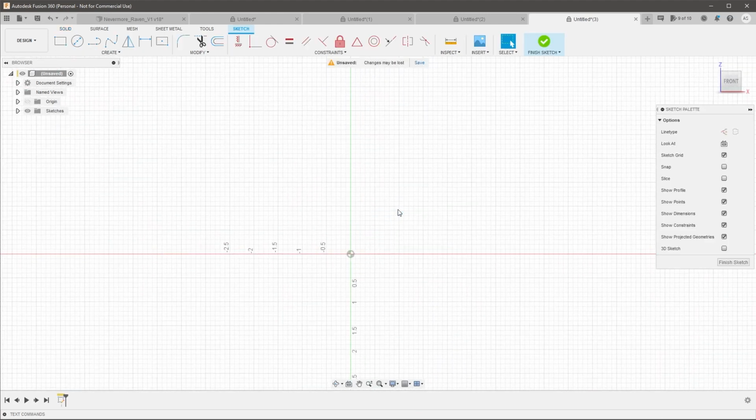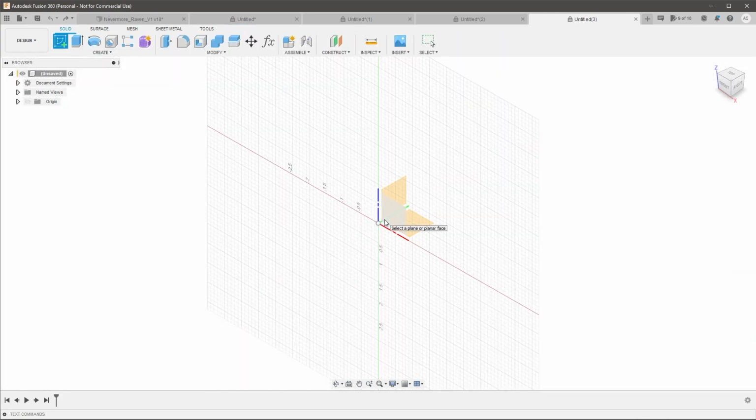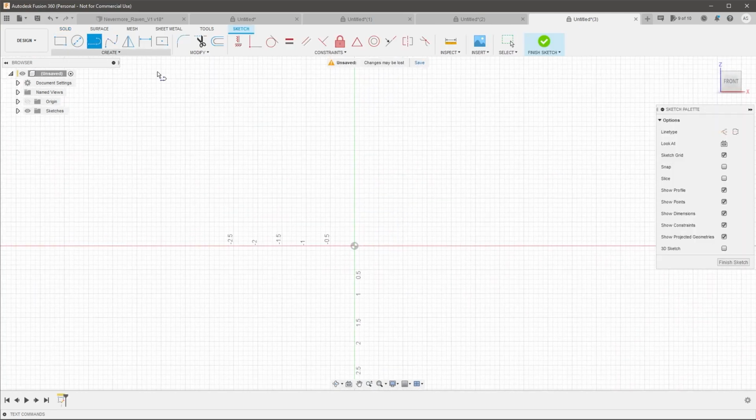Now, it is important to remember that when you start sketching in Fusion 360, Fusion has no idea where you want your geometry to start from. So you can click any one of these planes, but let's say I just draw a line. Fusion has no idea where this line exists in space right now. It just drew a rough representation of a line, but you can move your start point. It doesn't know where that belongs. It doesn't know where the end point belongs, or how long the line between them is, or what direction that